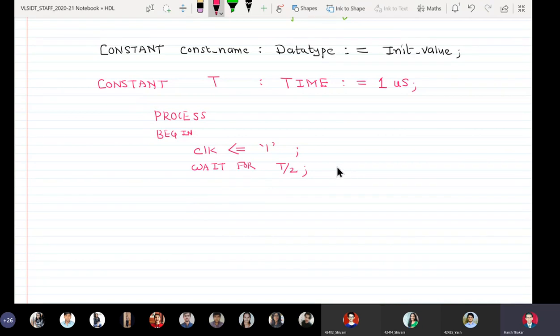So it will remain 1 for 0.5 microseconds, and then I will say clock is assigned single tick 0, and I will say wait for T by 2. And then I will just say end process.